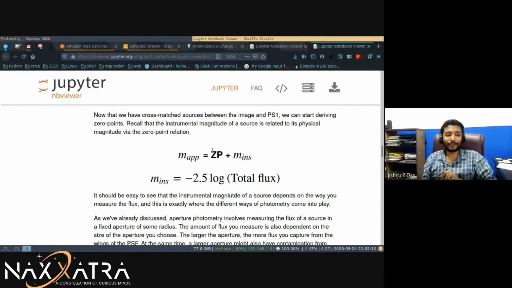But when we started using larger catalog queries and data-driven methods, we ran into this problem. What is actually your instrument's zero point? When you say you have measured fifth magnitude with your instrument, is that actually fifth magnitude, or is your instrument just measuring fifth magnitude? We don't know. So to do this, we are doing zero point magnitude. There is really an easy way that we can do this.